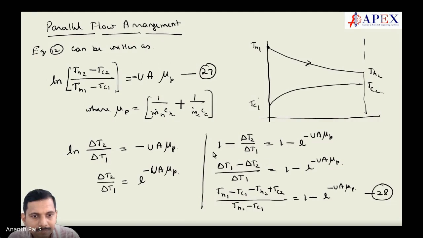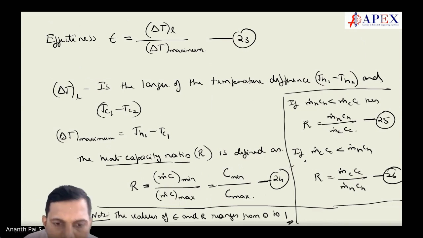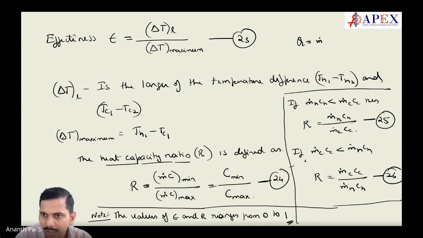See here. What is R here? R is MC minimum by MC max, right? So where C is more, if I consider like that. So how did the question come? If I say Q, Q is the same, is it not? Q is equal to m dot h Ch into